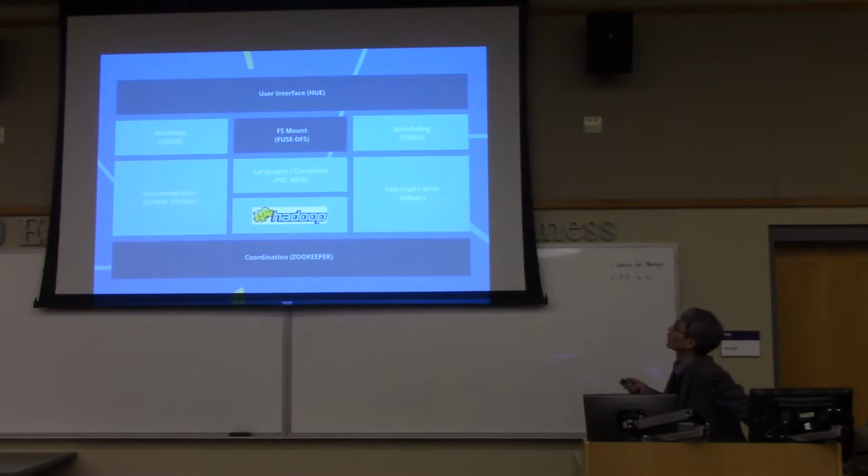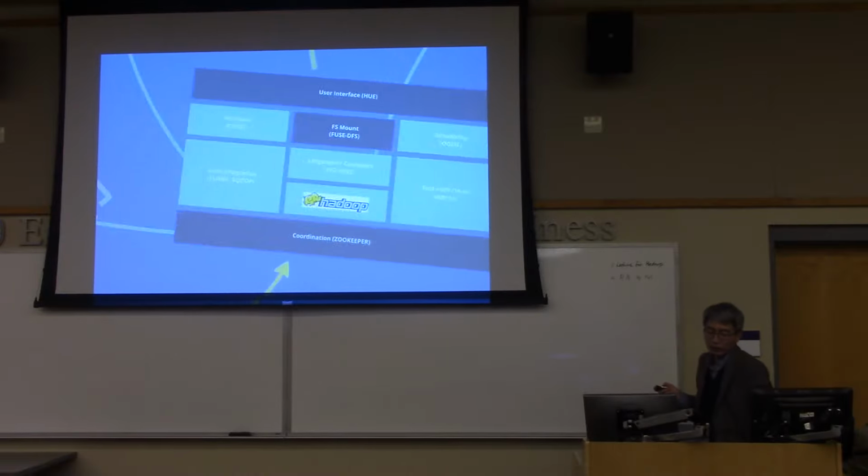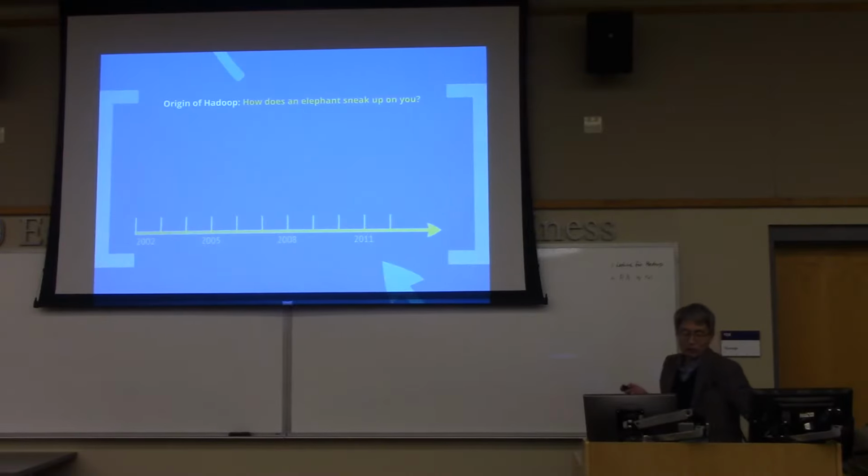The main part of Hadoop is two parts. One is the file system. Another one is the programming. Nowadays, there are more programming processes. I will introduce more details. Before we start, this is a brief history of the Hadoop solution. It actually started from a project at Google to address the problem of big data.